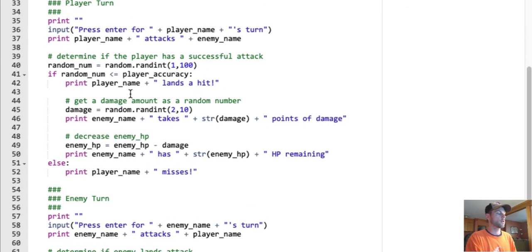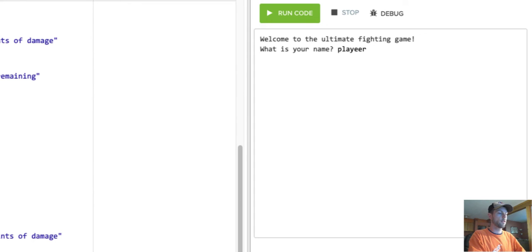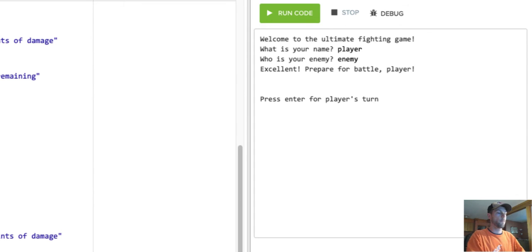Because if I was looking at this code and I said random num is less than or equal to 70, I'm just like, well, what does that 70 mean? What is it doing? Now I've given that thing a name. Another reason too is it's always a good idea to think forward and think ahead, and maybe I might want to manipulate this accuracy based upon other factors. And we'll actually look at that further down the road, of ways that we can have different accuracies depending on different situations. So that is the enemy accuracy, and if I run this,